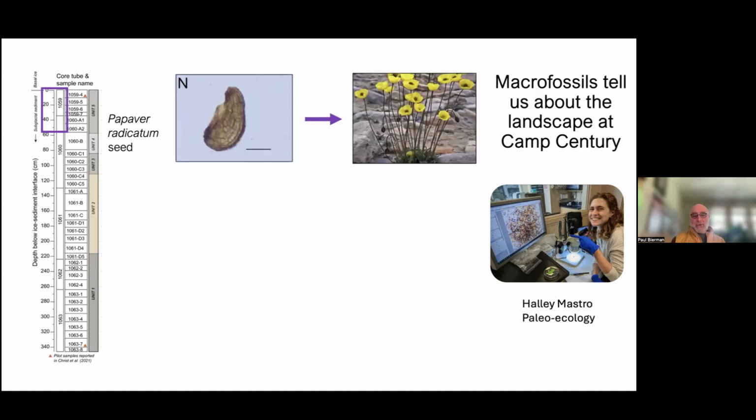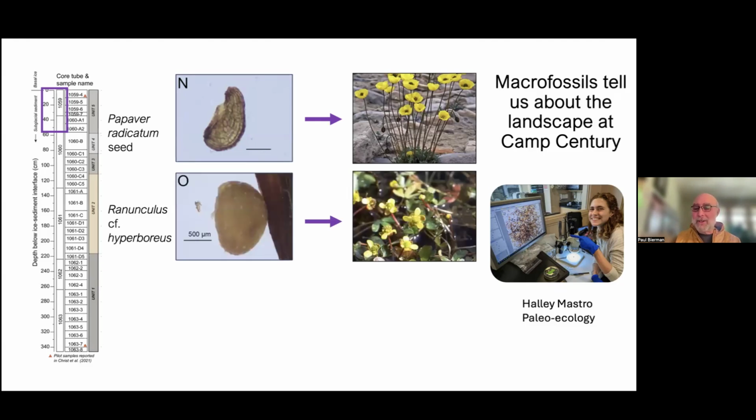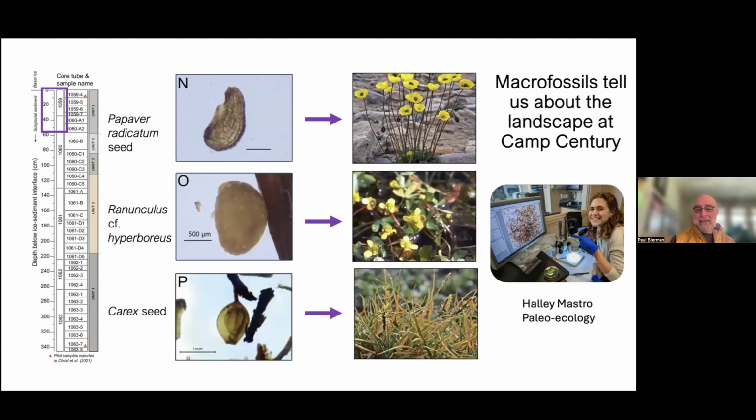And what she's done here, which I really love, is she's shown you the fossil. And this is an Arctic poppy. And then she's shown you what it looks like in the flesh if you're out there in the field. And another fossil and the flower. And a sedge seed and the sedge. So this lets you visualize from these tiny fossils, these are millimeter scale, sub-millimeter scale fossils, what a landscape might